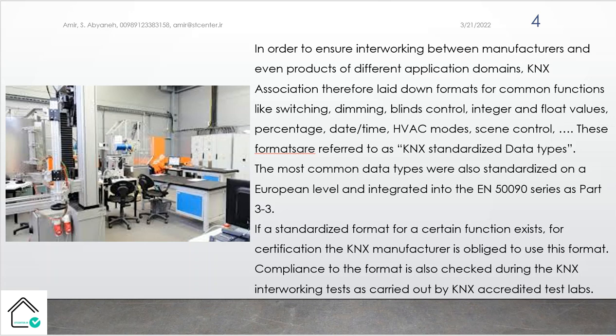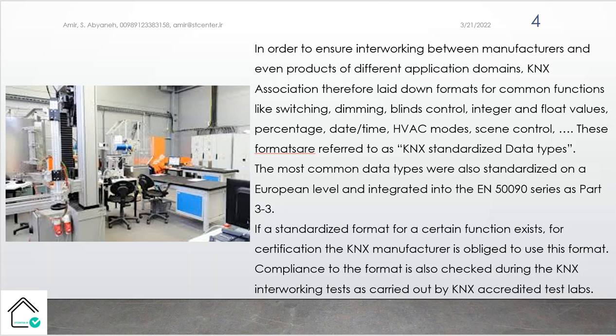These formats are referred to as KNX standardized datapoint types. The most common data types were also standardized on a European level and integrated into the EN 50090 series as Part 3.3. If a standardized format for a certain function exists, for certification the KNX manufacturer is obliged to use this format. Compliance to the format is also checked during the KNX interworking test as it is carried out by KNX